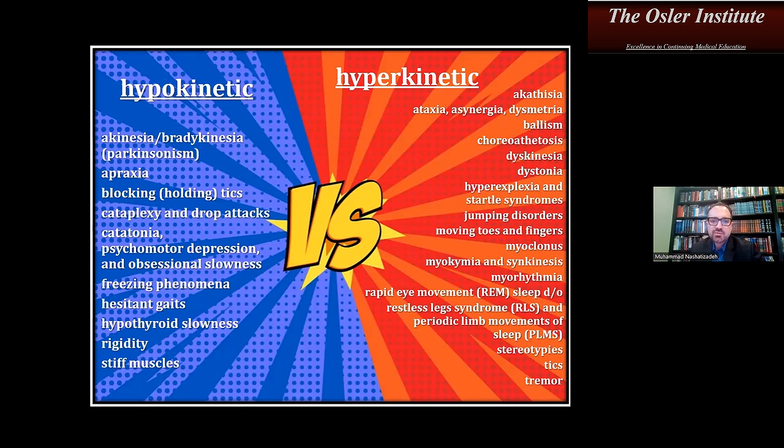If we separate out different types of movement disorders, they often fall nicely into the category of hypokinetic, or less mobility types of movements, versus hyperkinetic, where you have an increase in movements or the appearance of movements that are not normally present. And so I'm going to talk about a lot of these, but I just wanted to have a slide that sort of puts us in the moment and thinks about what sorts of things fall under the category